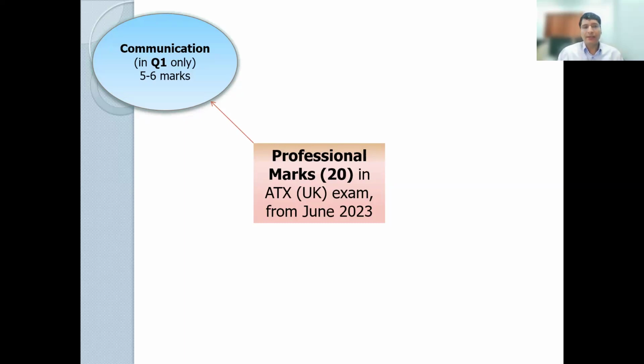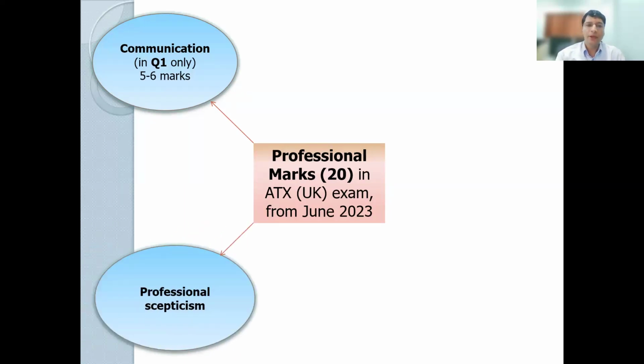So this question, question 1, is telling that now you are not only putting the technical points down, you are also presenting in a professional manner. In terms of communication, that is 1 point. And communication has a big weight, big value in question number 1, about 4 to 5 marks as a bare minimum. The second is professional skepticism. Professional skepticism simply means that you don't just take the face value of the client information. That simply means what I call being nosy in a positive sense.